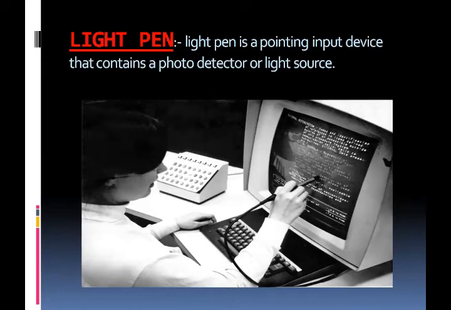A light pen is 3.5 inches long and 0.5 inch in diameter. It has a switch and a port that connects it to the computer. Some have the switch built into the top of the pen so that it is activated when the pen is pressed against the screen. A light pen is similar to the mouse, except that with a light pen you can move the pointer and select objects on the display screen by directly pointing to the object with the pen.